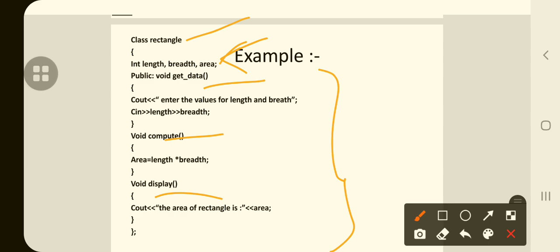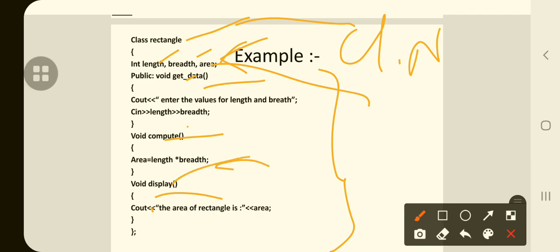Here Rectangle is the class name, length and breadth are data members, and getdata, compute and display are member functions. In the compute function, the area of the rectangle is calculated as area equals length into breadth, and then it is displayed in the display function.